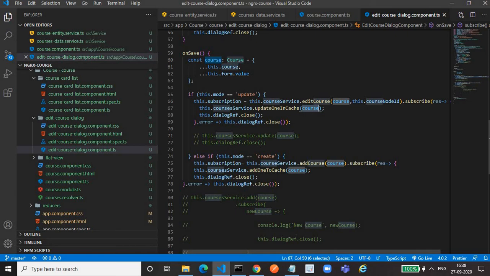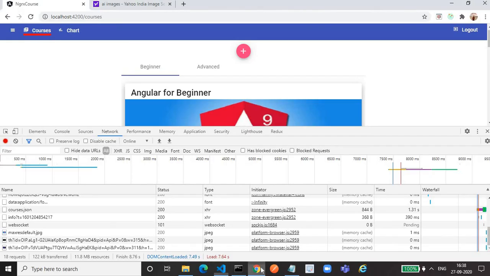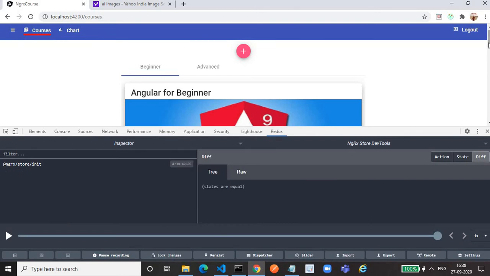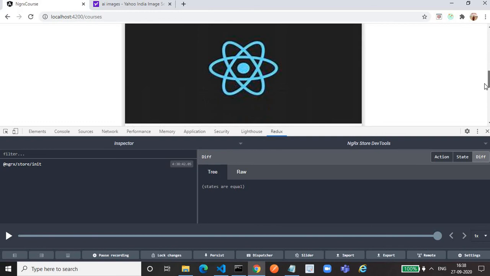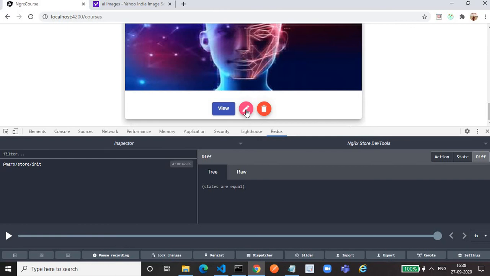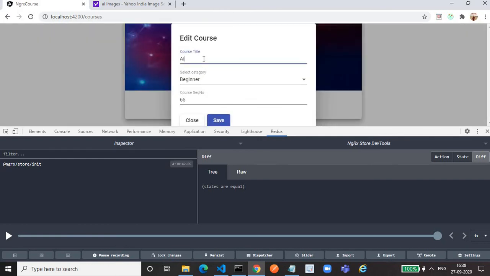If you see it in action, you can see that also. Let's go to the Redux tab, submit. Let's change this. I will change this AI to AI intro. It's an introduction course. Save it.